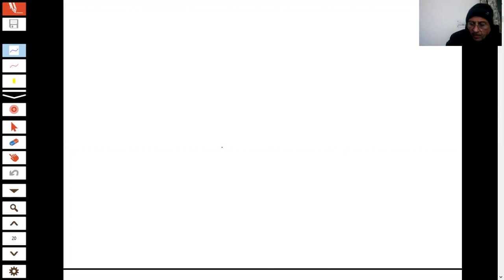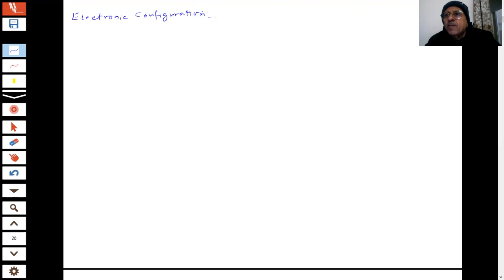First of all, you are aware of something called electronic configuration, students. What is the use of electronic configuration? Why are we interested in this, students? You should be very well aware of it: the arrangement of electrons in an atom, the distribution of electrons in different shells of the atom, is important because that will help us in learning the chemistry which we are doing.